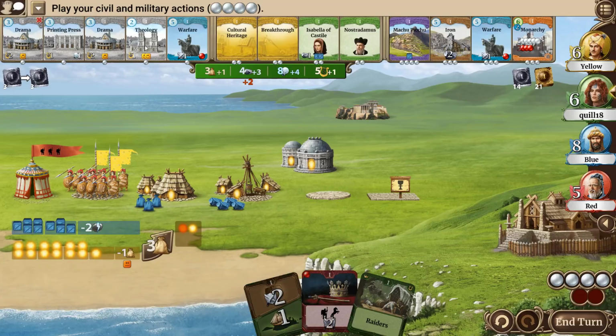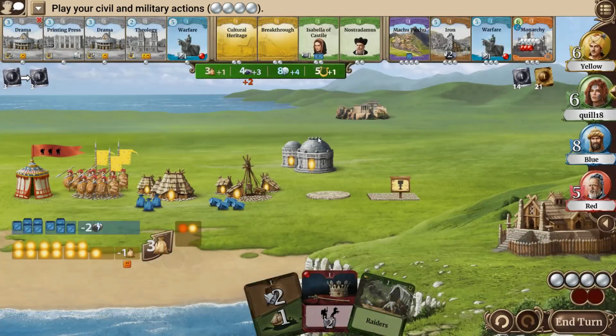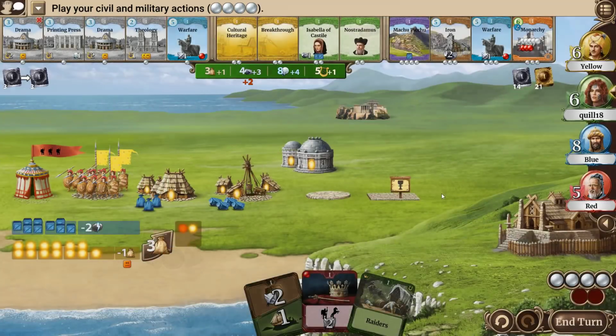There's also something to be said about... I know we're wasting our minerals, but I think the tactic is better. I think so. Isabel, what's your deal? During colonization, you can pay minerals to get that. Plus, we get extra production and some cubes. Nostradamus, when you prepare an event, you get extra culture. I mean, we're going to lose our leader soon, but...